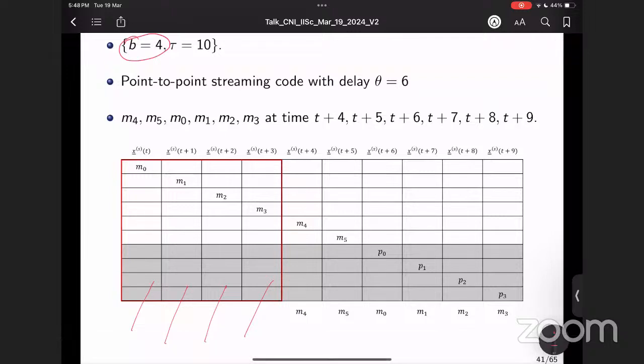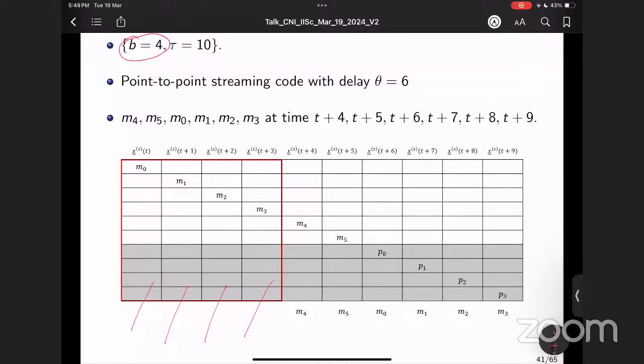Hi, Nikhil. Yeah, why is M5 not erased? M5 can be erased, right? The constraint is that not more than 4 can be erased consecutively. So M4 is correct, M5 can be erased. The constraint is that basically all the erasures will be confined to 4 time slots. Right now I'm already saying that M0 to M3 are erased, which correspond to time slots t to t plus 3, so already 4 time slots are gone. So no further erasures can be accommodated. M0 to M3 are already wiped out. From t to t plus 3, there is already a burst erasure of length 4.